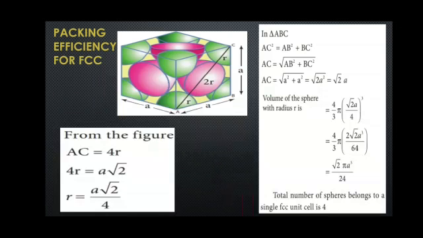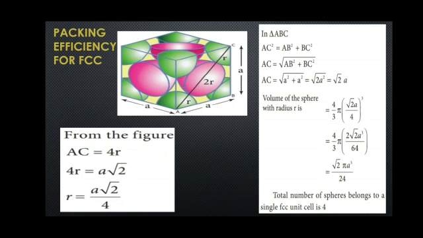Packing efficiency for FCC. So observe this diagram well. Already we discussed packing efficiency for BCC and simple cubic. The cubic edge length is the same for all the three cases. That is the measurement AB, AC, and all seem to be a. Then what is R? R is the half of the distance of the atom, that we are calling R.